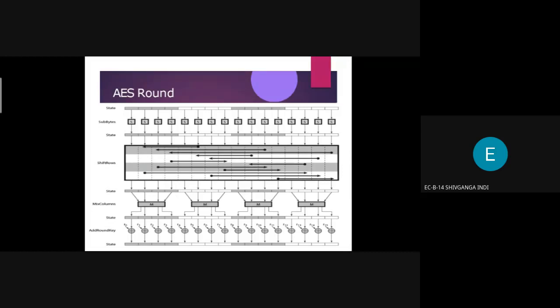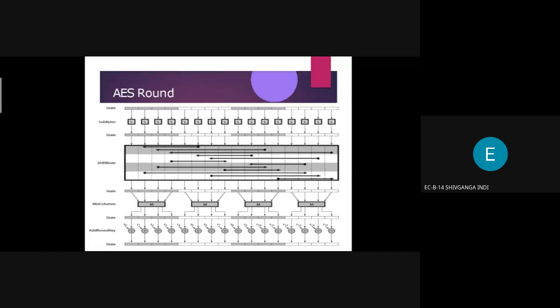Basically we have to perform four steps, so keep in mind we have four different steps. The first is byte substitution, the second is shift row, the third is mix column, and the fourth is add round key. After performing every step on a state, we get a new state. Based on the new state, we perform the left shift operation.